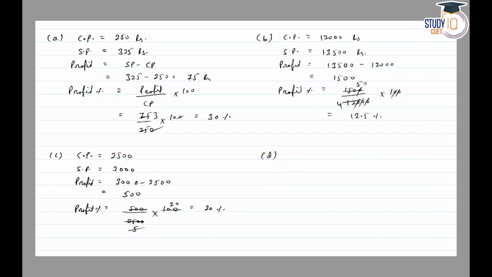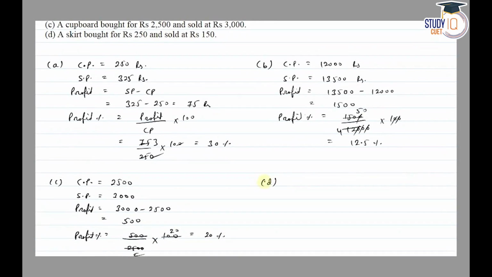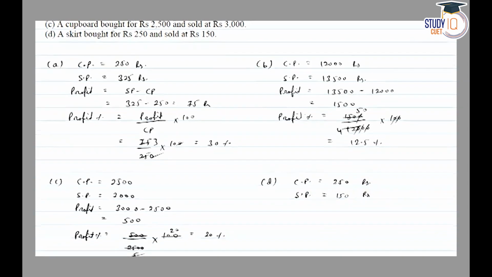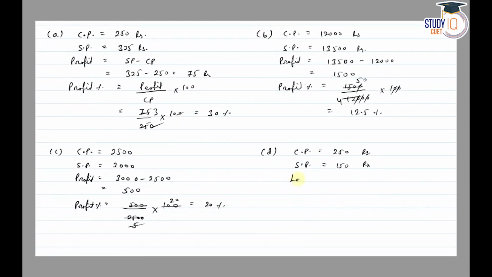And part D is a skirt bought for rupees 250. So CP is equal to 250 and SP is equal to sold at rupees 150. So our selling price is less, so obviously there will be a loss here. So loss is equal to 250 minus 150 is equal to 100,